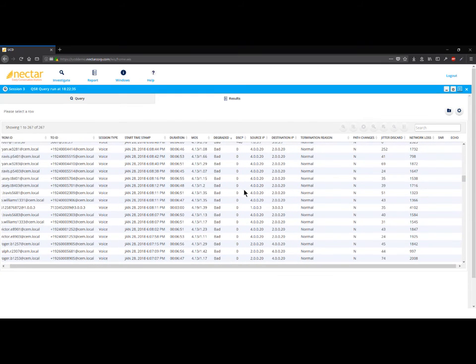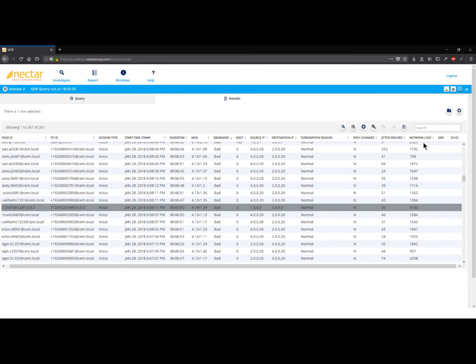So I'm going to take one of these calls here. I'll actually take a look at this one, and part of the reason is because just off the bat, I can see, actually this one's even worse. The network loss measurement here, which is this column, is pretty high for this specific call. We can see that this call was a voice call. It was on these specific numbers, and it was bad, of course. But we also see the termination reason was normal. We'll revisit that later, but for right now, the thing that catches my eye, beyond just bad, is that this network loss level is almost 4 times what these other levels around it really are, or at least most of them. So to drill down and be able to see what's really going on with this session,